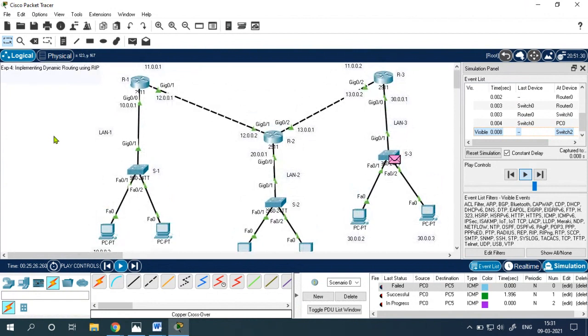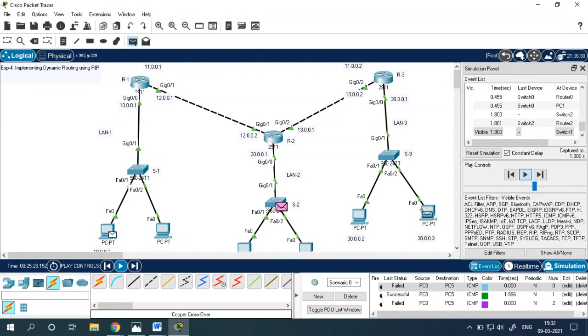The neighboring routers are sharing their information vector with their neighboring routers. Okay, the first time it may fail after the change in the configuration.